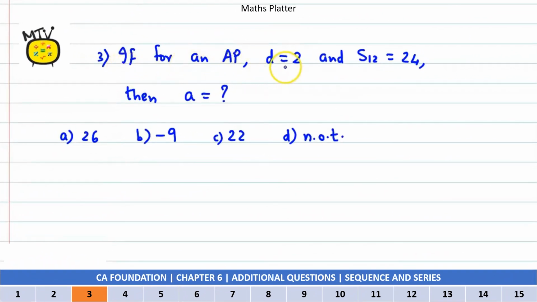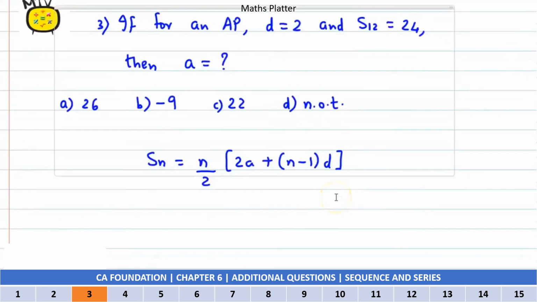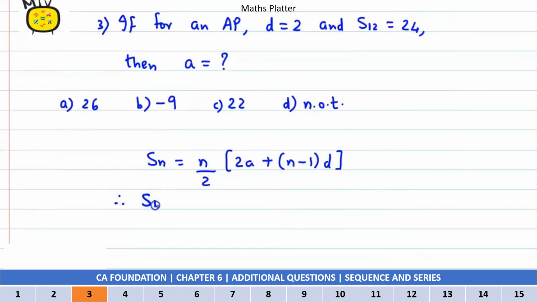If for an AP common difference D is 2 and S12 is 24, that is sum of first 12 terms is 24, then A यानी कि first term is, now we know that for an AP Sn का जो फॉर्मूला है वो है n upon 2 into 2a plus n minus 1 into d. अब यहाँ हमें दिया हुआ है S12, so we have S12 is equal to Sn, n is 12, right? तो इधर आ जाएगा 12 upon 2 into 2a, a is missing, प्लस n माइनस 1 यानी 12 माइनस 1